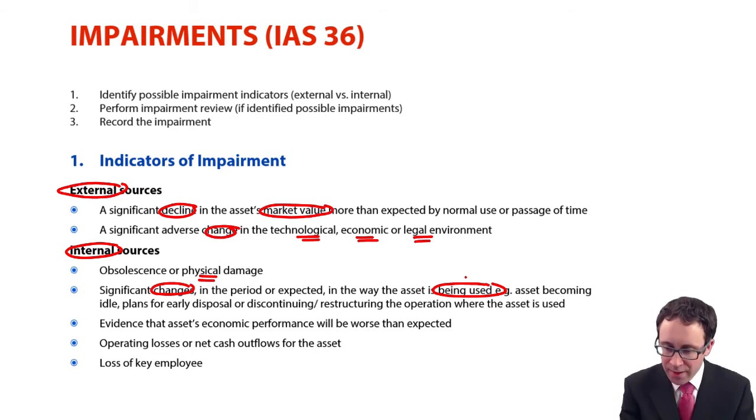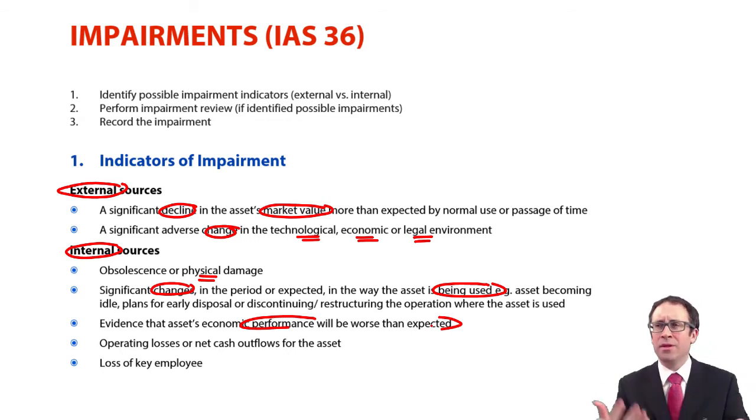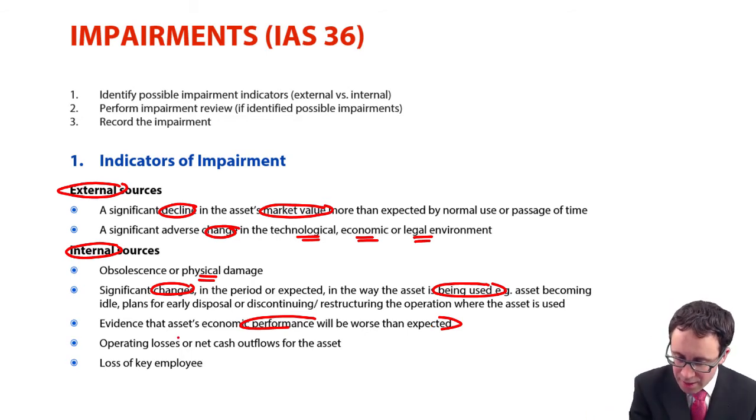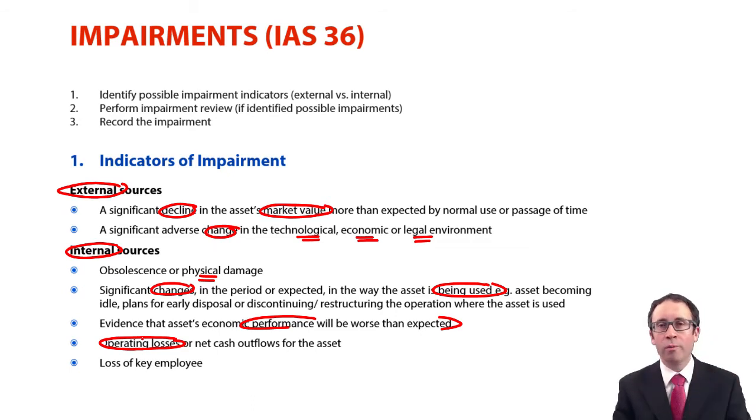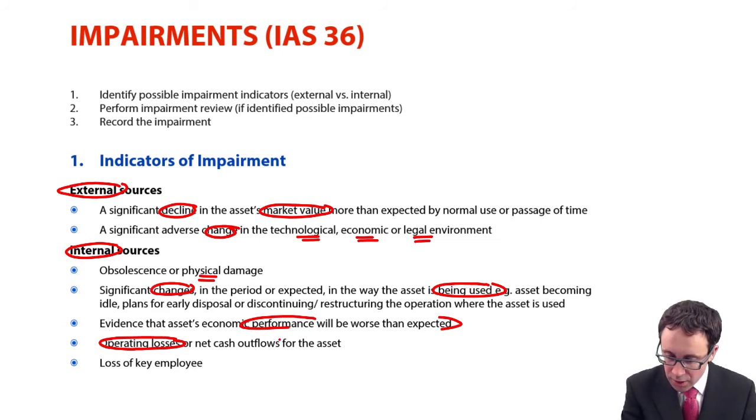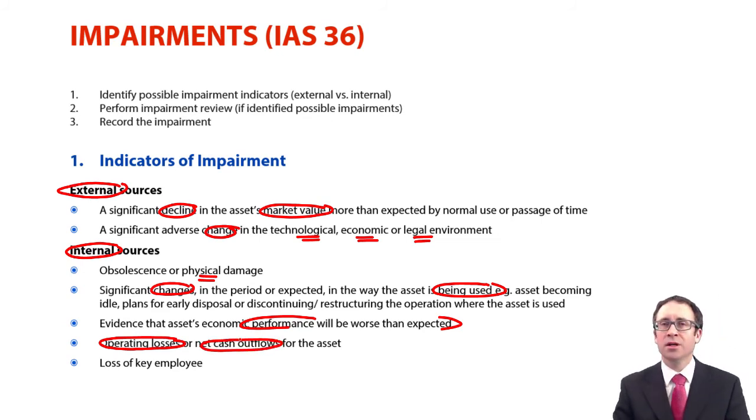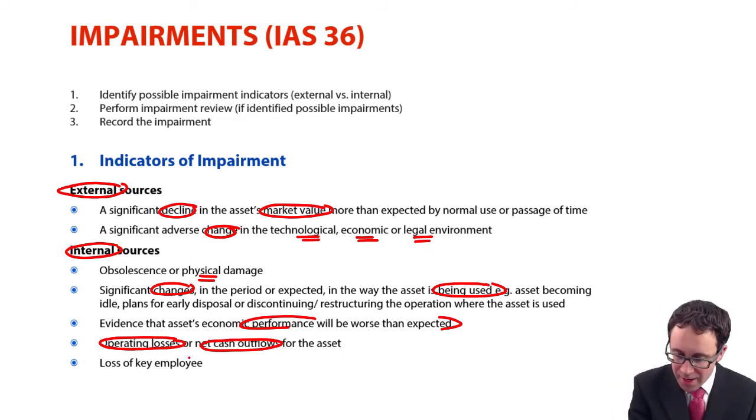It could be that your economic performance is worse than expected. Maybe there's been a fall in your sales because there has been some form of competition. One that you commonly see, particularly when you get to SBR, strategic business reporting, your old P2 paper, is operating losses. A series of continued operating losses would lead you to perform the review. Also, net cash outflows, so you're spending more than what you're generating on the assets. And then maybe